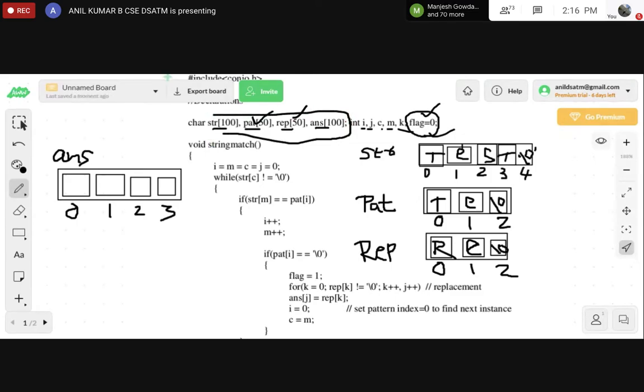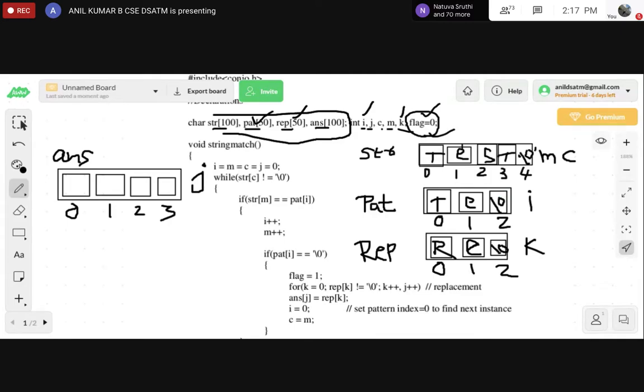Here, this index i is used for pattern matching, whereas k is used for the replacement index. j is used for the answer. m and c are used for the source string.